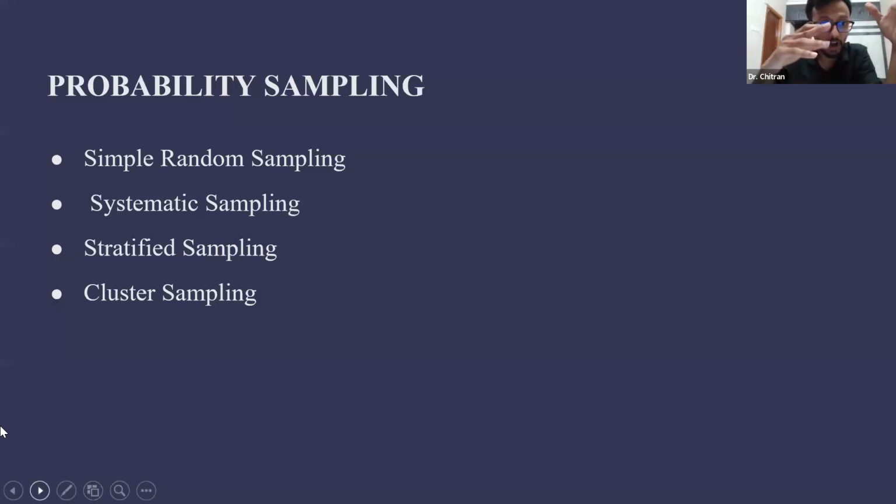Yeah, that is non-probability sampling. Probability sampling is just the opposite of that. Everything is based on luck, everything is random. The people whom you are consulting in the field may not be the ones whom you know, or have access to. We call it the lottery method, right? So these are the four types: simple random sampling, systematic sampling, stratified sampling, cluster sampling. You can go to the next slide.